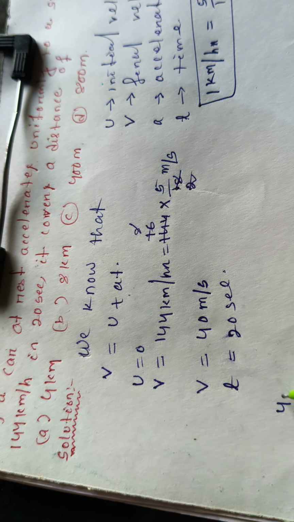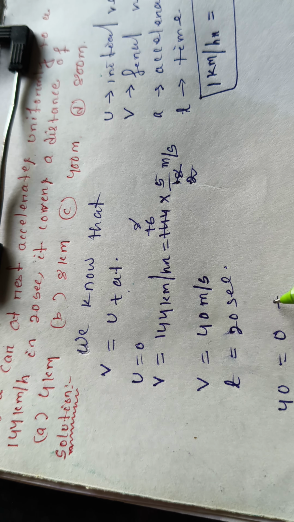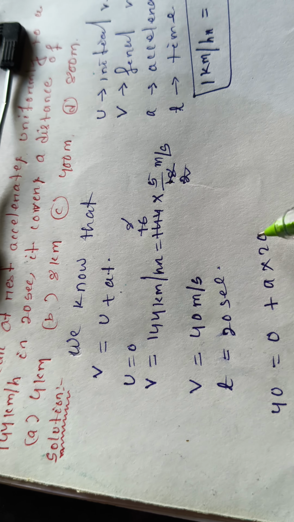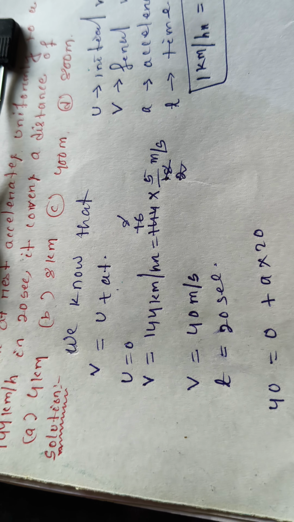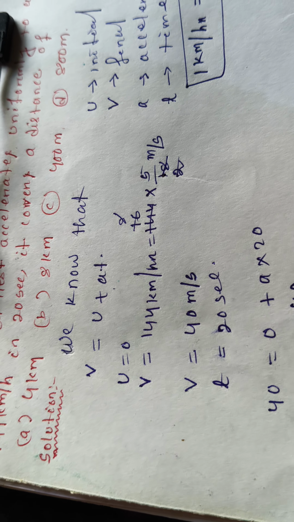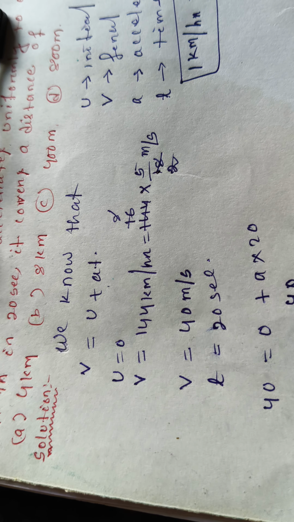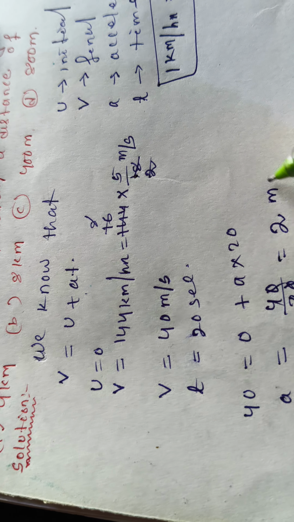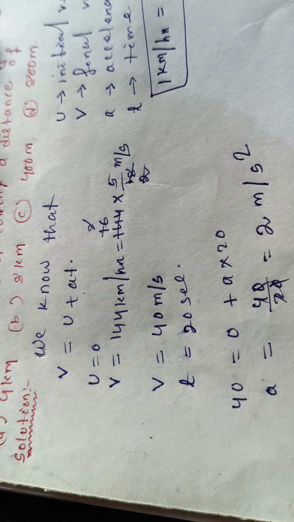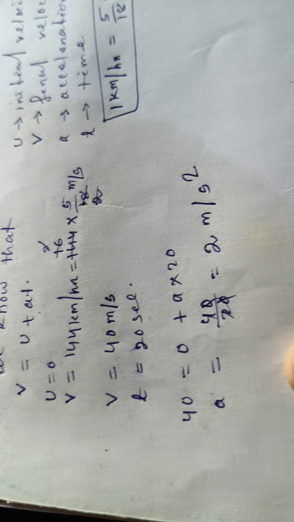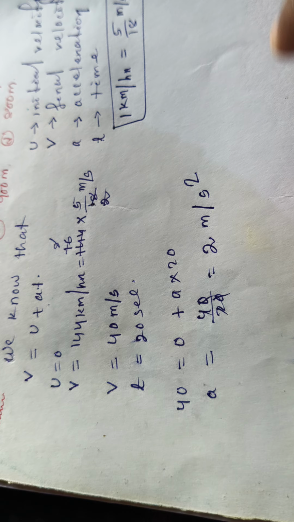Now 40 equals 0 plus a into time 20. So a is equal to 40 divided by 20. So a is equal to 2 meter per second square. Your acceleration is constant, acceleration is 2 meter per second square, but we have to calculate